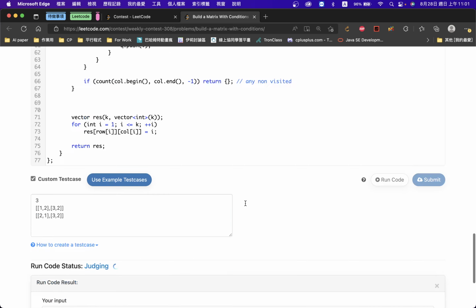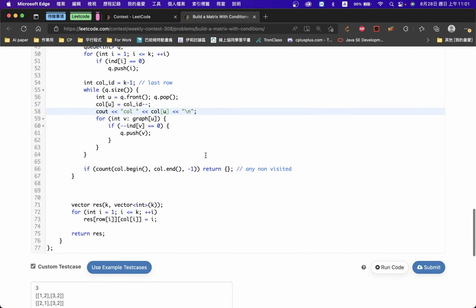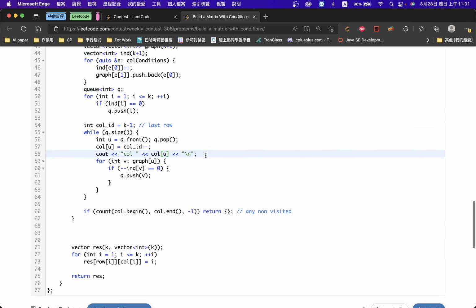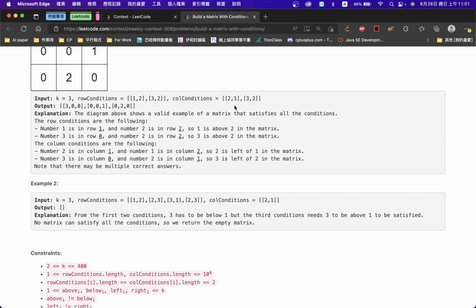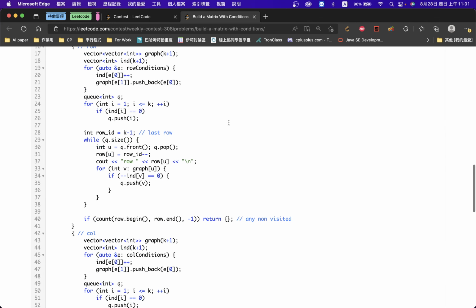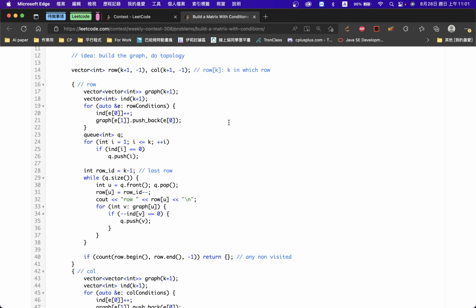Yeah, I think this should work. Row 2 1 0, and we don't have any in-degree 0. Why? Because 1 is going to be 2, 2 is going to be 3, so 1 is going to be in-degree is 0, and